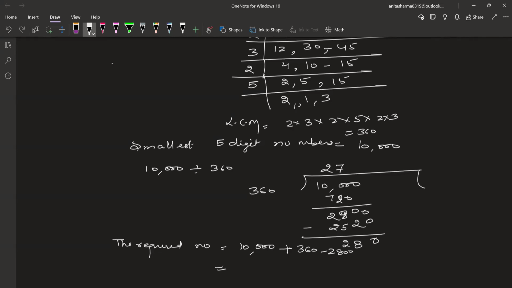Because we need the smallest 5-digit number that should be exactly divisible by 360. So what you will do? You will subtract 280 from 360, then you will add 8. Then it will be